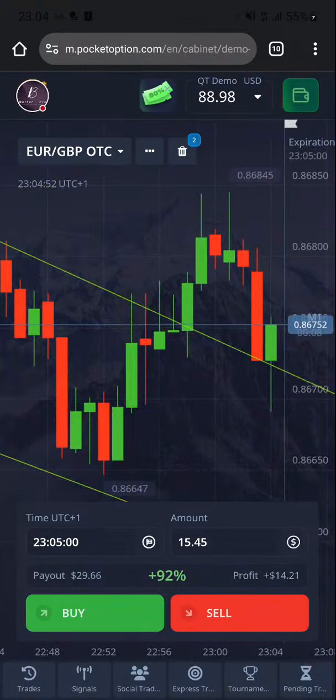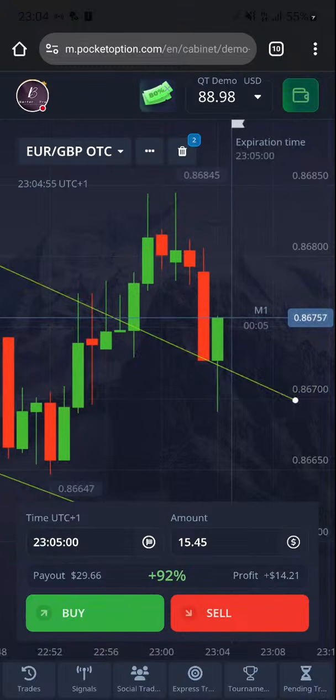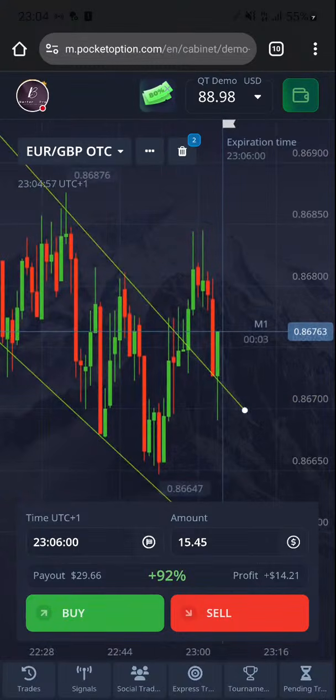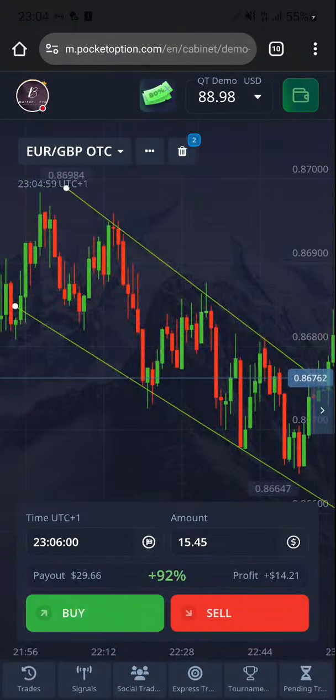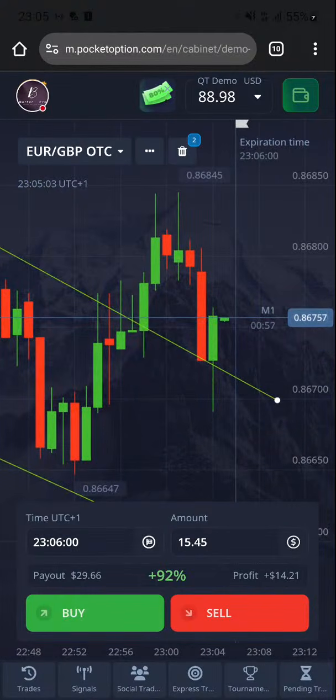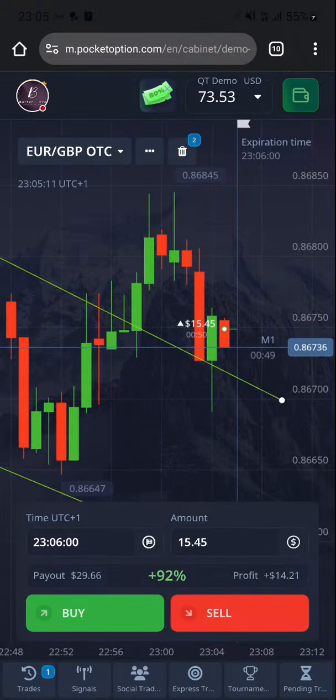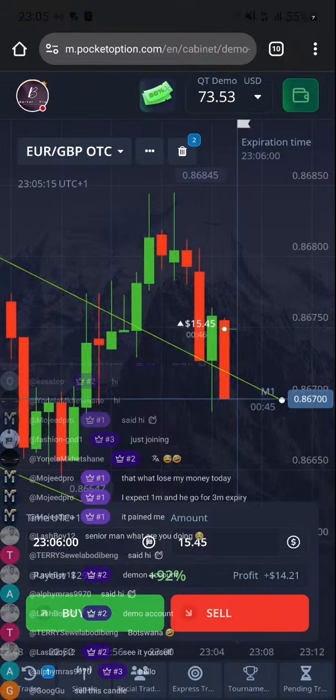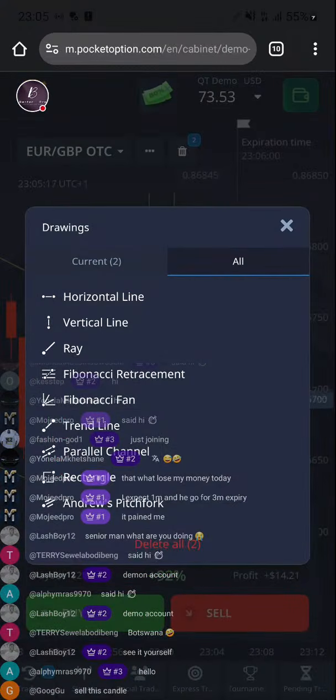So we have a little bit of breakout here, but they are retesting that breakout right now. It's very possible that the price will keep going up from here, or they will have a liquidity sweep to the upside. We may be able to take advantage of that liquidity sweep. Let's see if the buyers will push to the upside, because this is a retest. You understand? Now, if they are not able to retest to this level, if they break back into